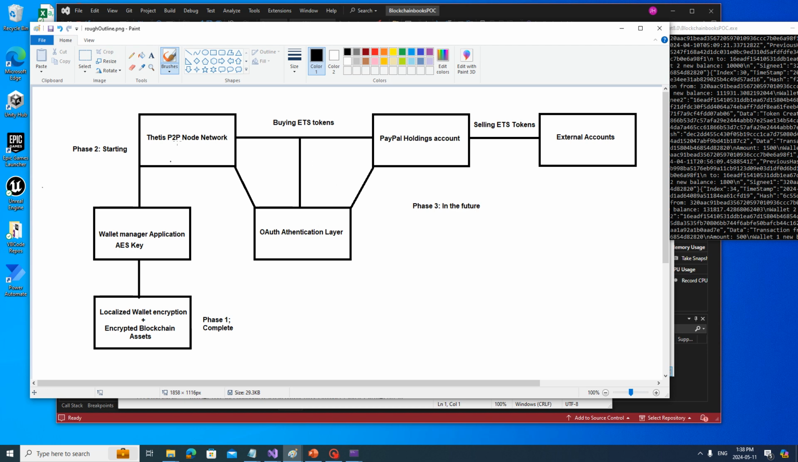So the next step we have to do is buying ETS tokens from the PayPal Holdings account and selling them to external accounts. That's going to be in the actual Thetis wallet application and the OAuth authentication layer. I might discard this part of it. I'm not sure yet, because authentication costs a lot of money. And if I want to keep this all relatively cost effective, I don't know if I can do authentication for thousands of nodes, if that's where it gets to. Because if I do authentication, that would be costing me thousands of dollars